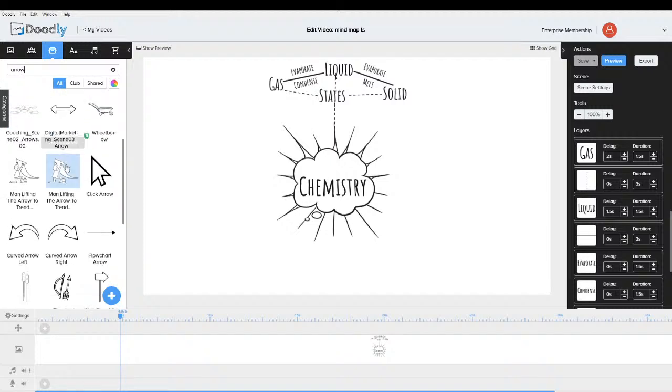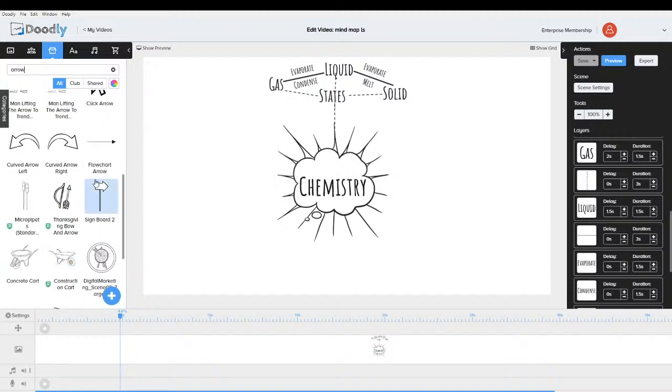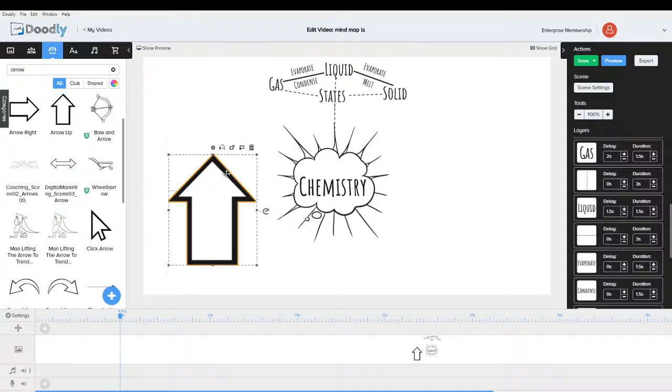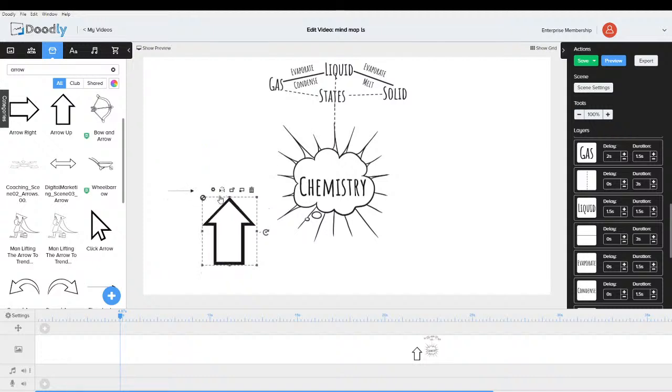An arrow might be better. Let's have a look if an arrow is better. I'm just going to try the big arrow, because by the time you make it fit in, might be.